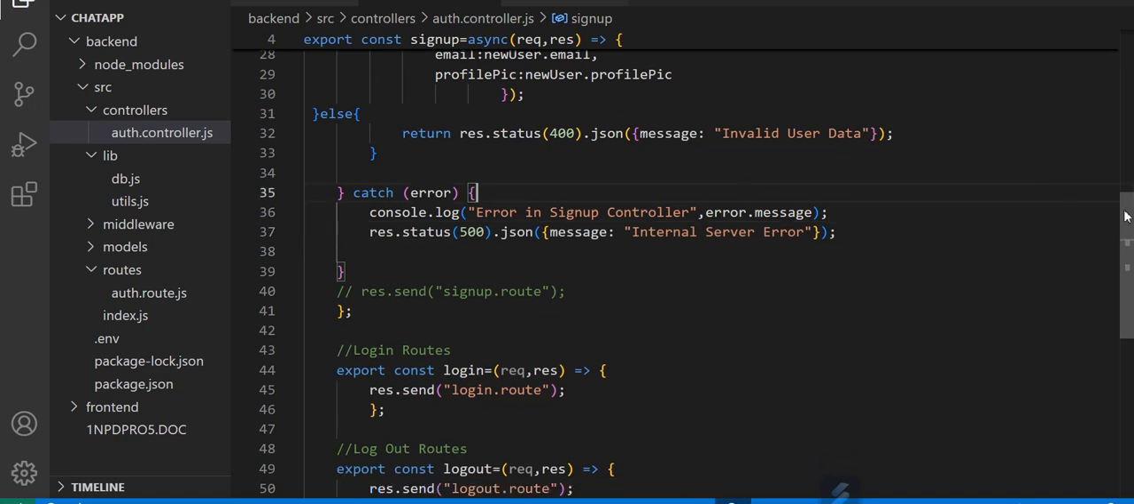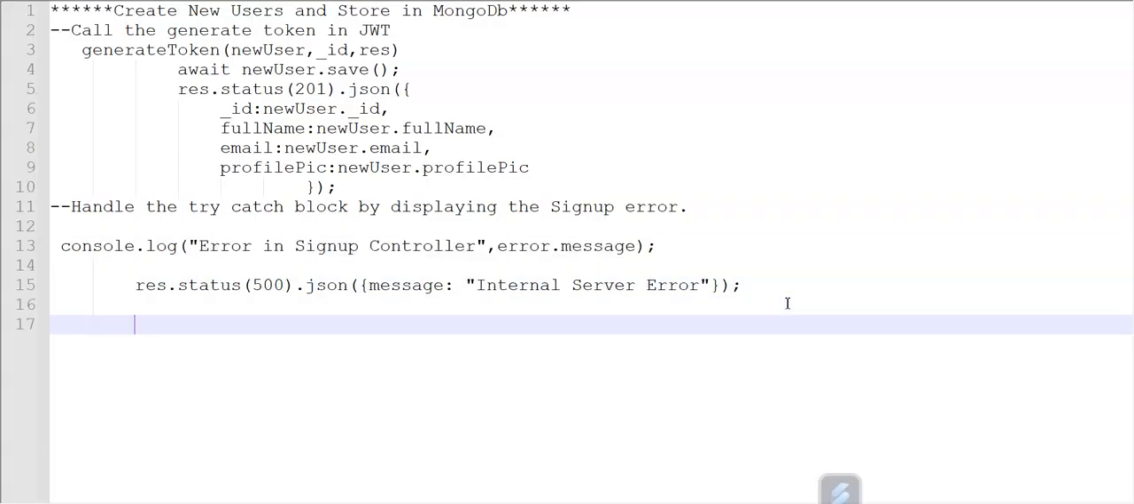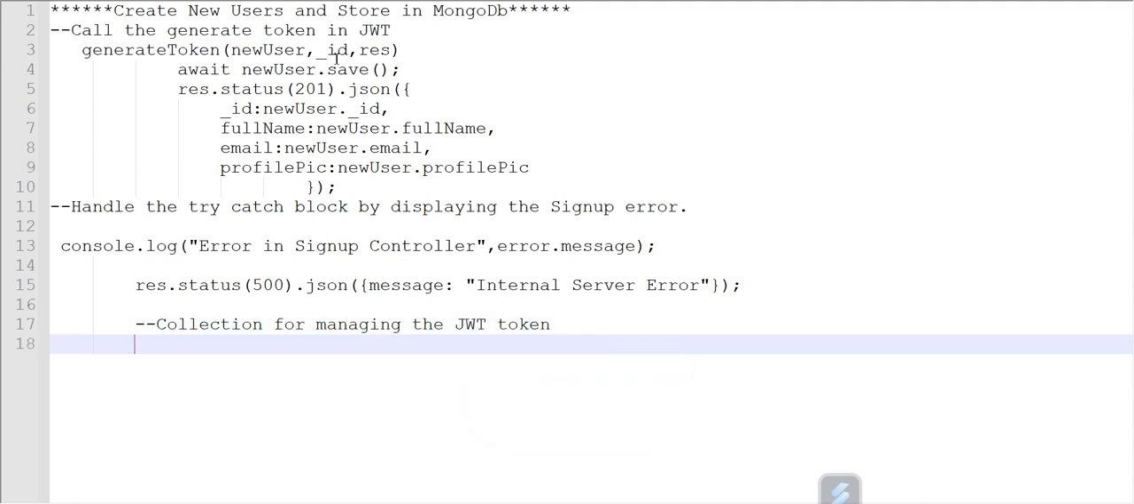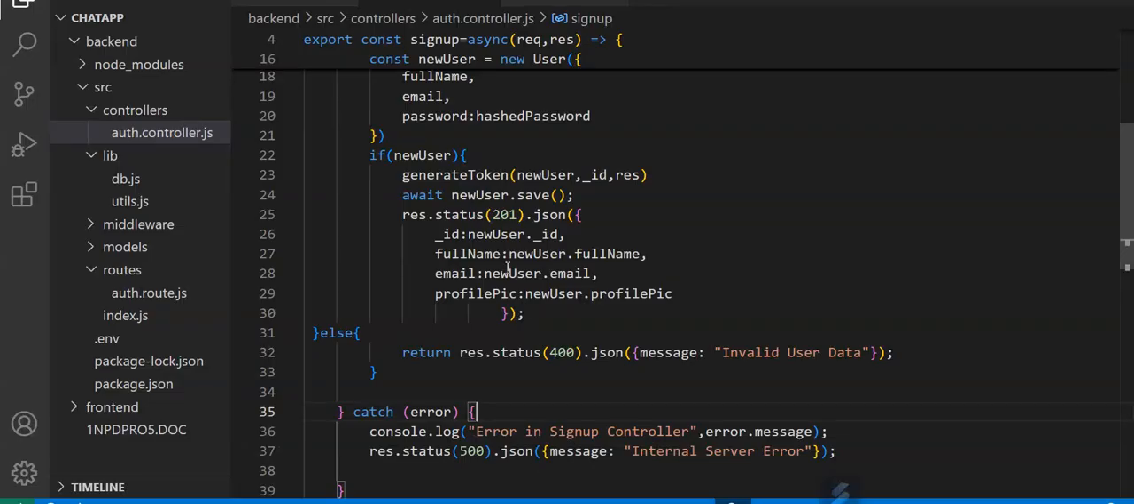So now after that, in the next video we would create a collection for managing the workspace, for managing the JWT token. So I hope this would be clear to you. And in the upcoming videos, we would be saving the newly created user in our database, and by creating a collection in our